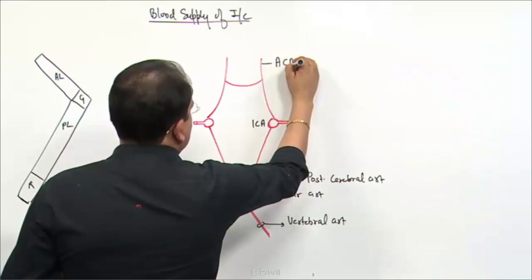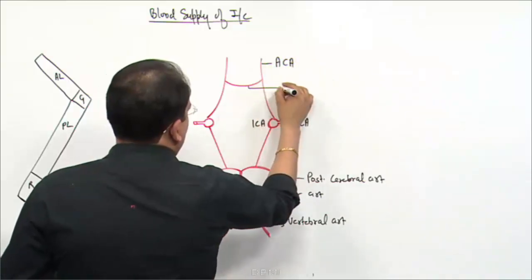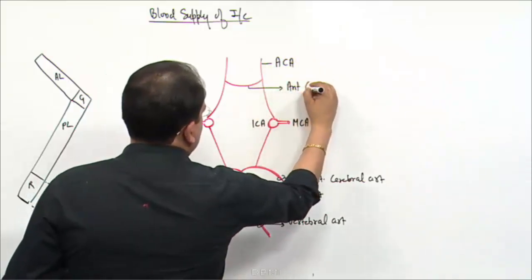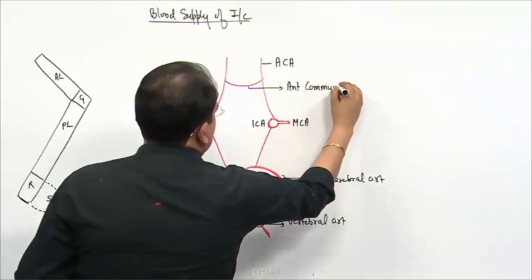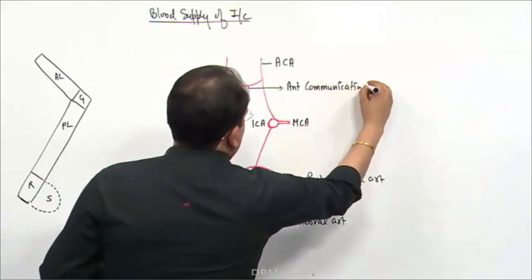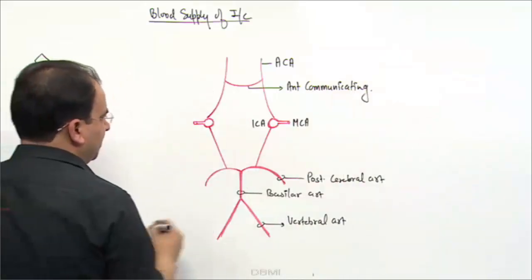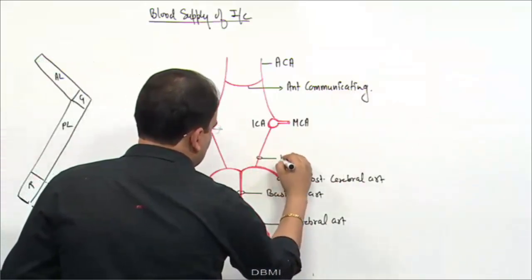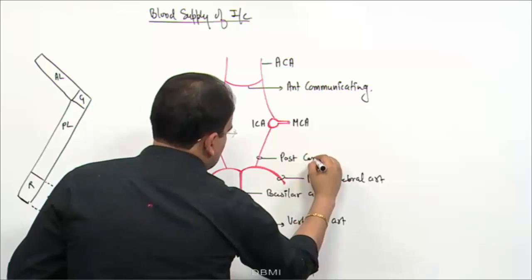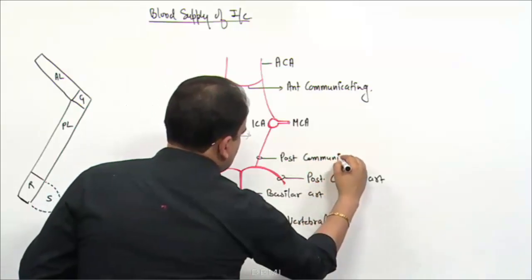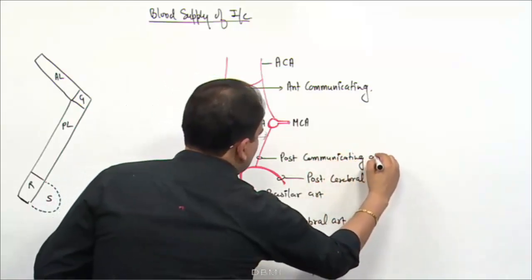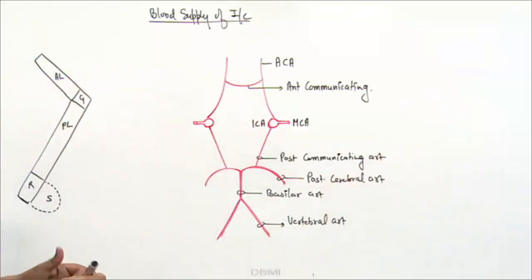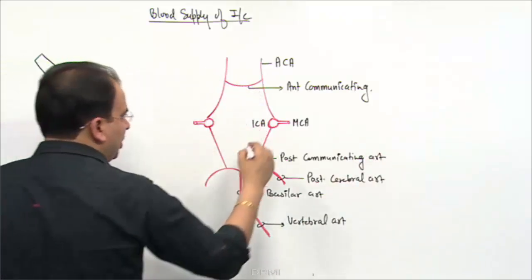This is anterior cerebral artery, and this is anterior communicating artery. This here is posterior communicating artery, and there is one more direct branch of the internal carotid artery which we need to see here,